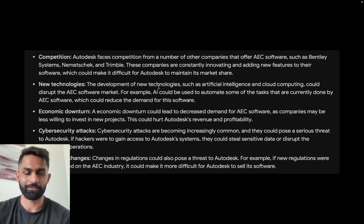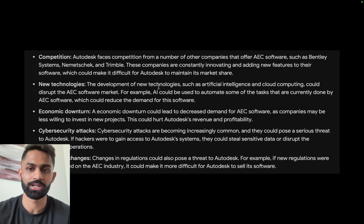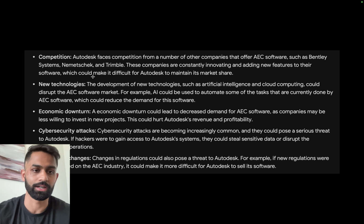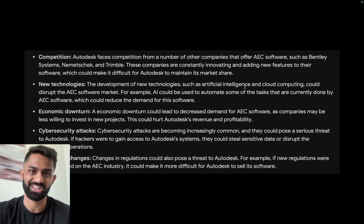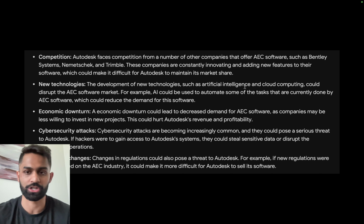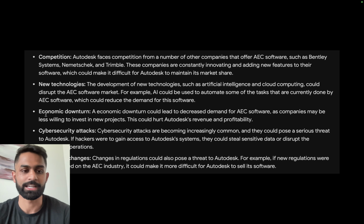as well. Now, obviously, it's not smooth sailing. There are threats, there are risks to the competition. Despite the high switching costs, the company continues to face a lot of competition, such as Bentley Systems. We've got Nemetschek and Trimble and AEC Software, some of the competitors in this space. There's constantly new technology evolving, and of course with artificial intelligence and cloud computing, Autodesk needs to stay at the top and continue to adapt to the changing market environment. Economic downturn, cybersecurity attacks, and some regulatory changes are some of the other risks to consider for the company as